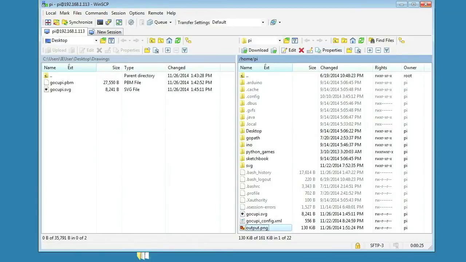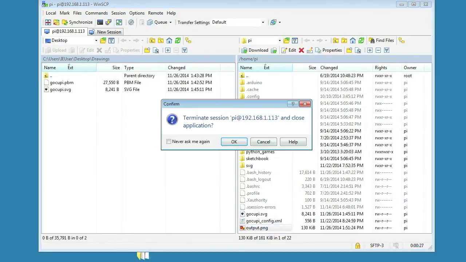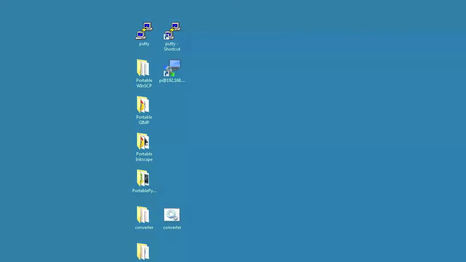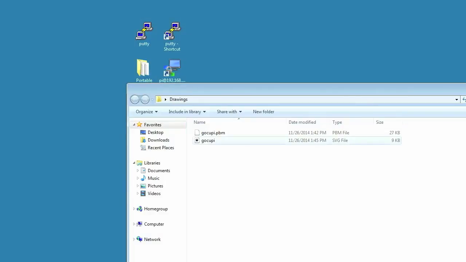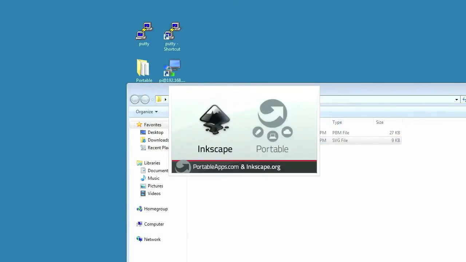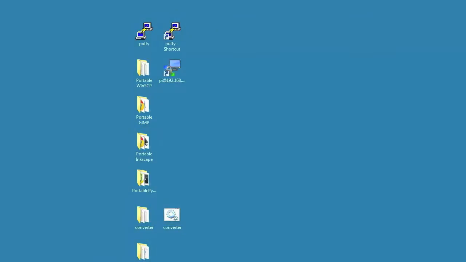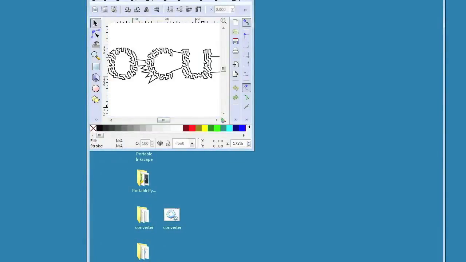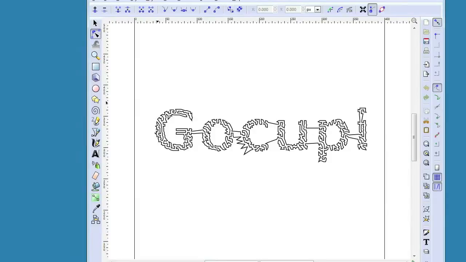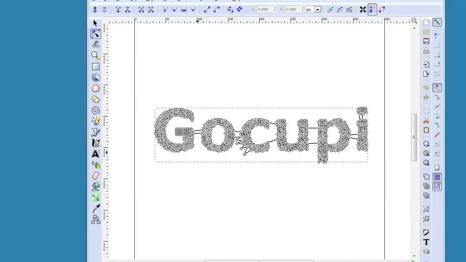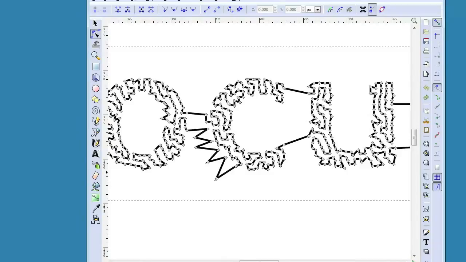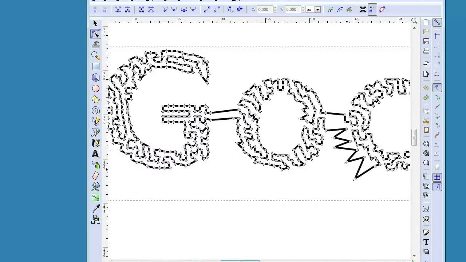Alright, so next we're going to go into how to use pinup. So say you want to use pinup and you don't want all these lines crossing over your image. So if we open up Inkscape, the drawing that we just made a moment ago, we can use this path tool, and pinup is always working even if you don't have a motor on there.